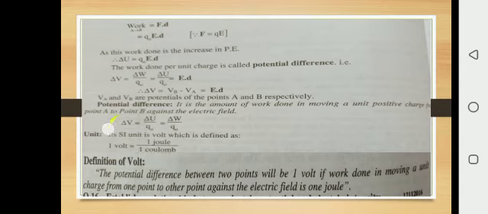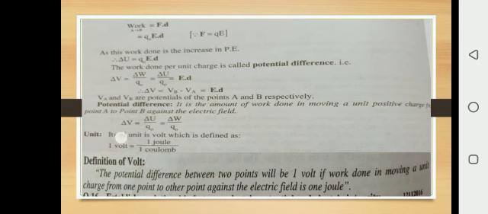So this is the formula of potential difference. Delta V is equal to delta U over Q naught, or you can replace delta U with delta W, as this potential energy is in the form of work done. SI unit, System International, always remember SI unit. Its SI unit is volt, which is defined as 1 joule per coulomb. Delta W, work done, unit is joule and charge is in coulomb. So that's why 1 volt is equal to 1 joule per coulomb. So define volt, important definition.